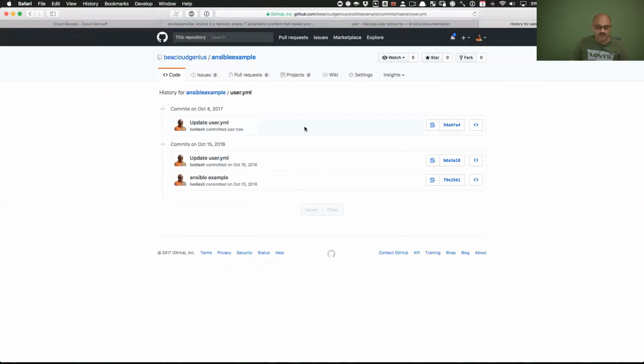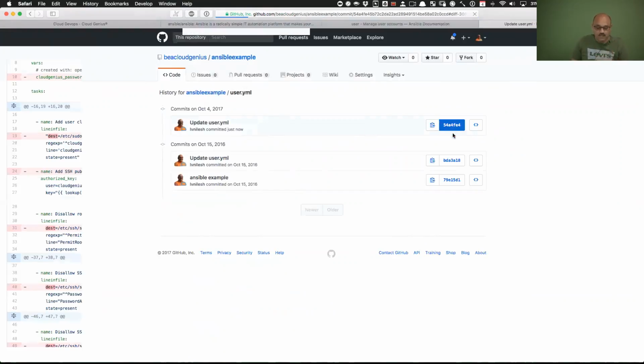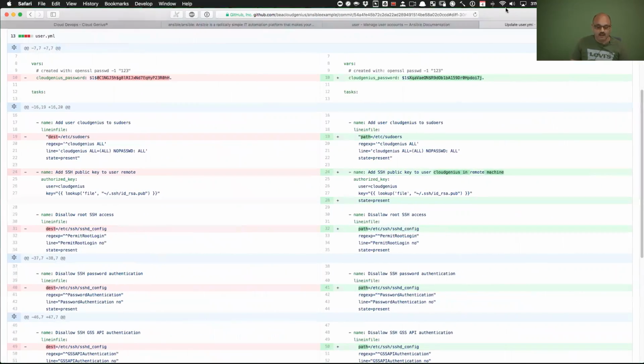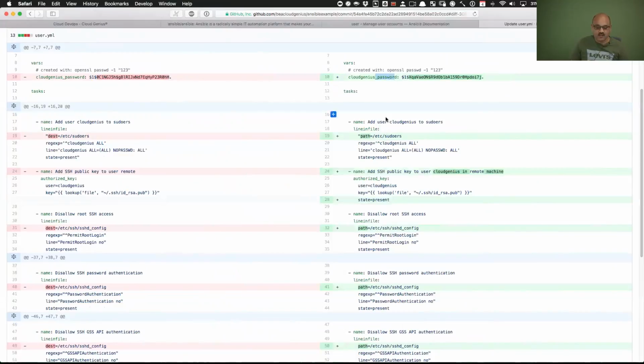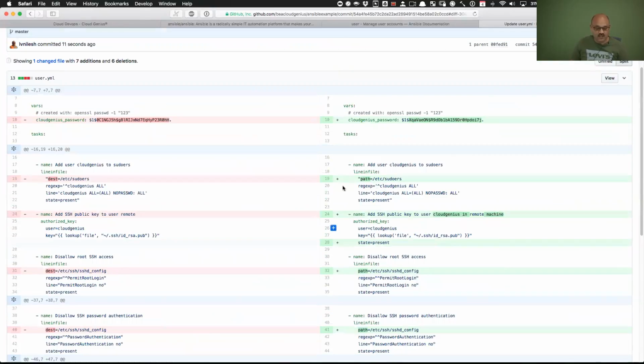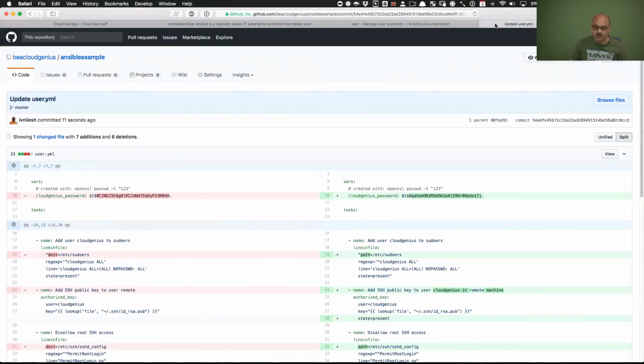history where I just updated that particular playbook play, and you can notice that I changed my password, changed the path reference, another path reference here, another path reference, another path reference. That's the change in the way you write playbook that is being enforced by Ansible in the new way